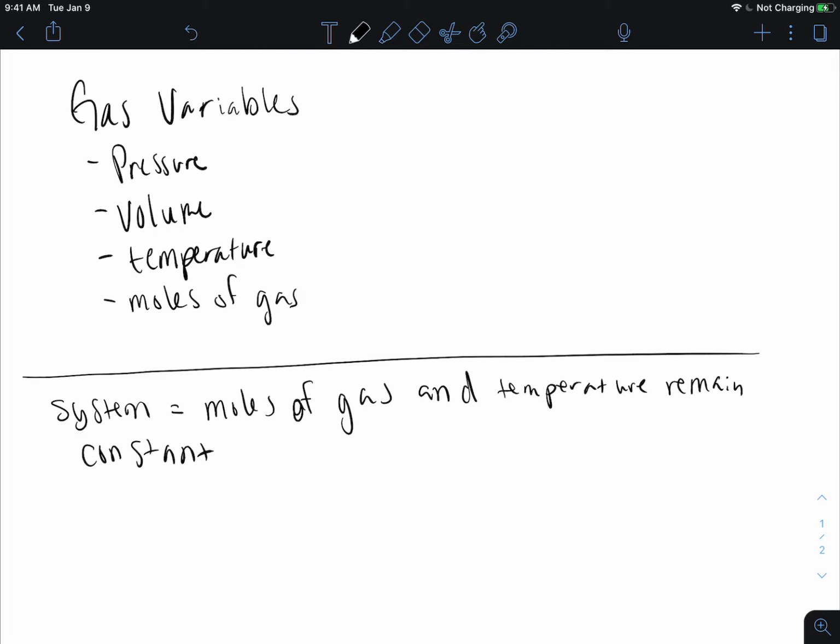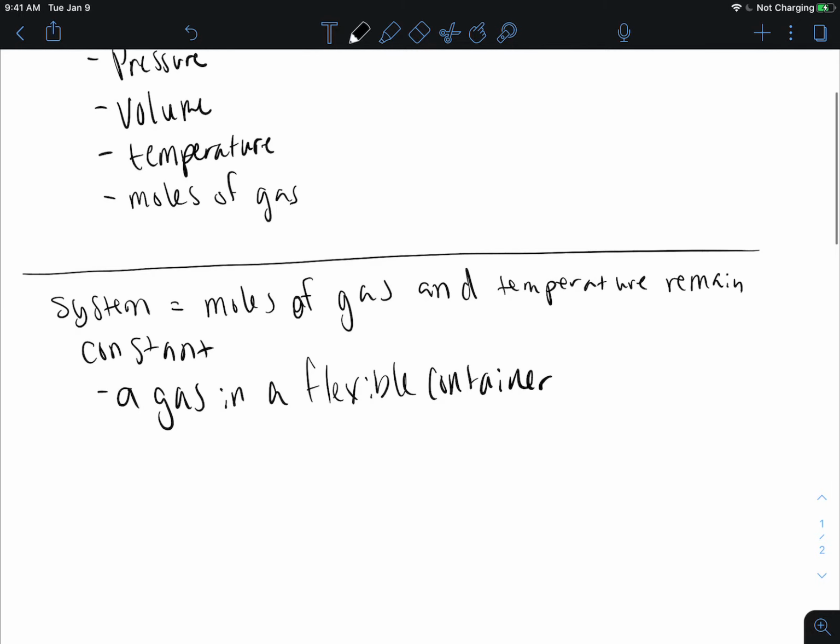So generally when we're thinking about here, we're thinking about a gas in a balloon or some other flexible container. So here we have a set amount of gas molecules, but we have a flexible container, so the volume can increase or decrease. So our volume can change,